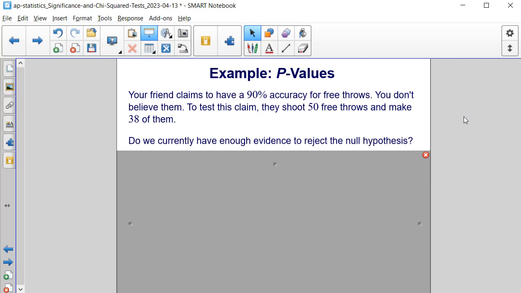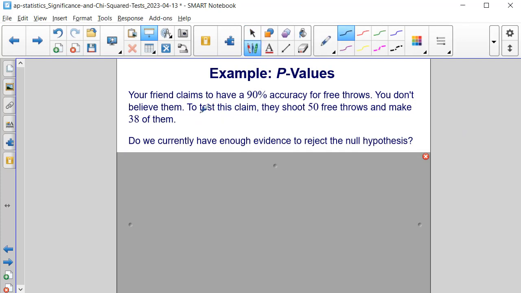Now that we have the null and alternative hypotheses, do we currently have enough evidence to reject the null hypothesis? Well, if we take the data that we had from our test, they shot 50 free throws and made 38 of them. And that's equivalent to 76/100ths or 76%. Now, this in the sample does show that they are incorrect. However,